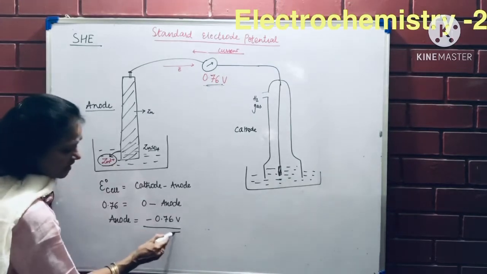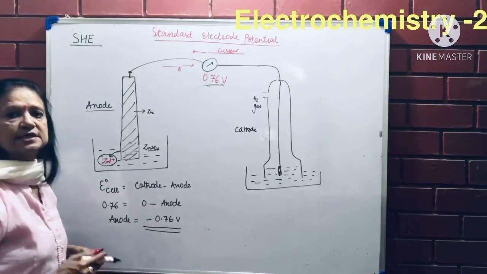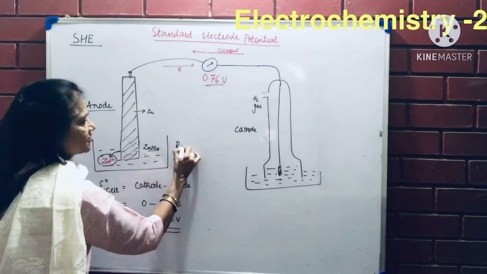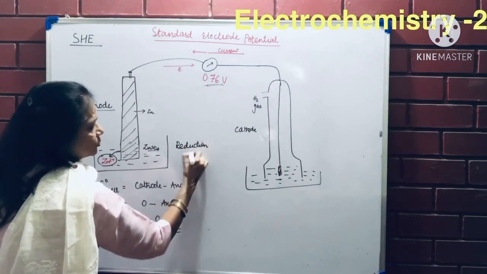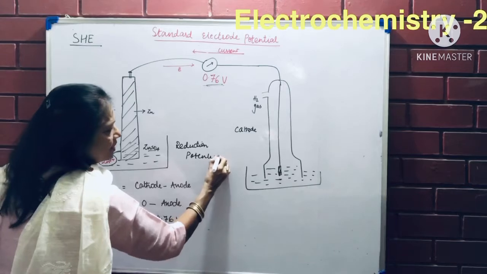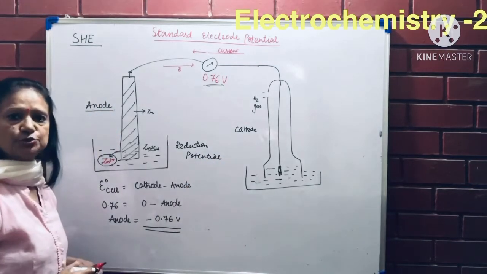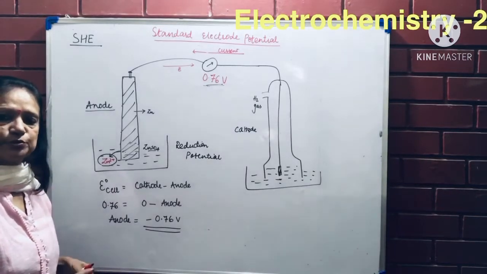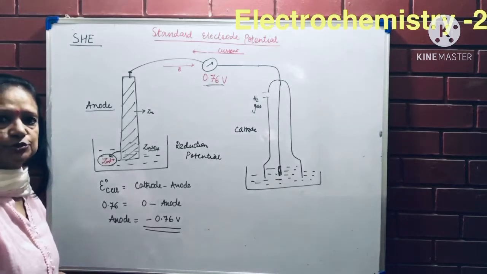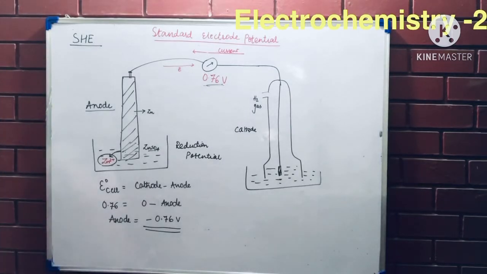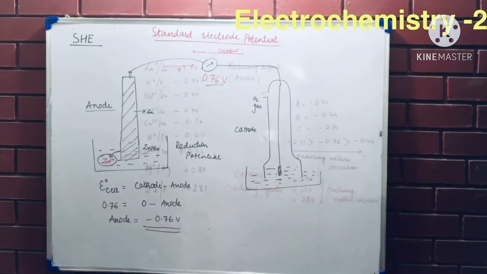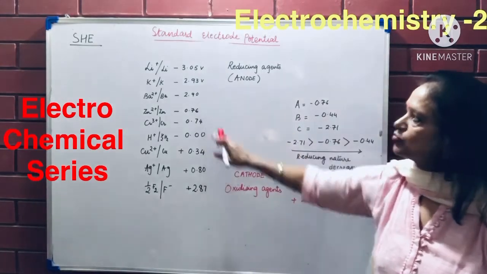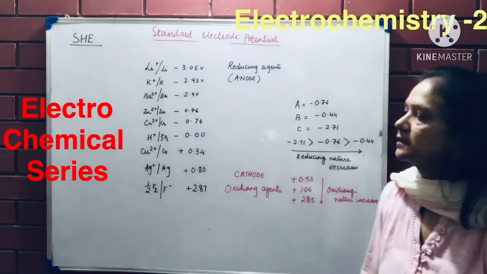So these values actually tell us which metal is an active metal and which metal is a weak metal, and this is known as reduction potential. The value that is coming here is a reduction potential value, which is going to be put in a metal activity series, and that series will tell us which metal is going to be very strong and which metal is going to be weak. You already have a concept of the metal activity series. Now that we know the electrode potentials, we can know through them which metal is strong.